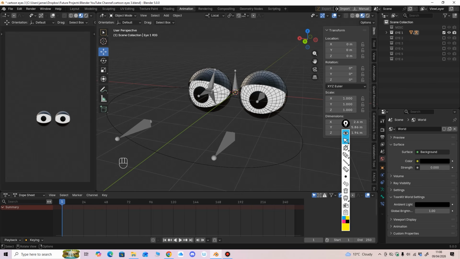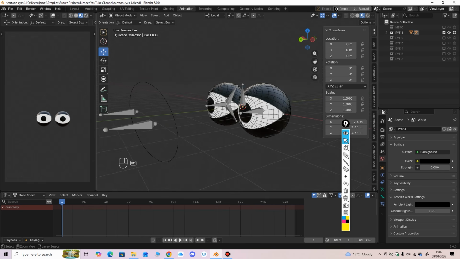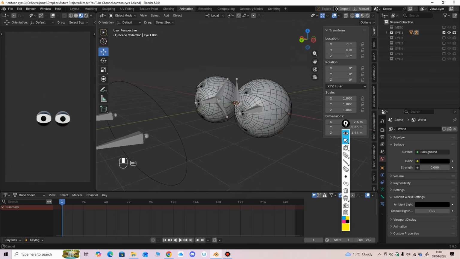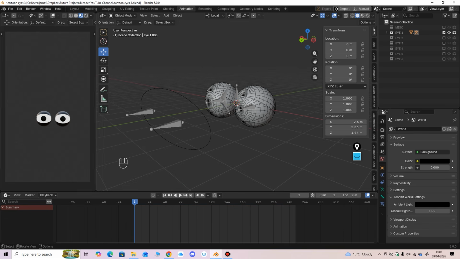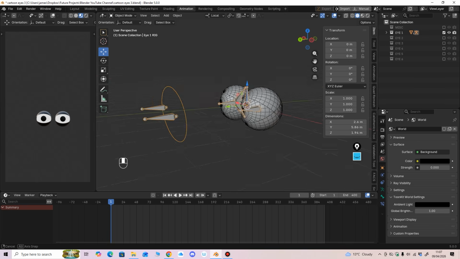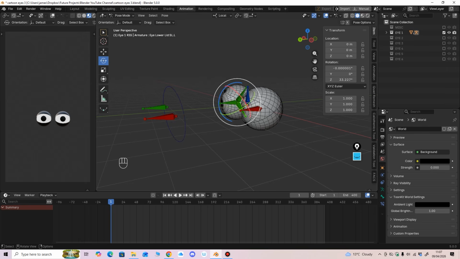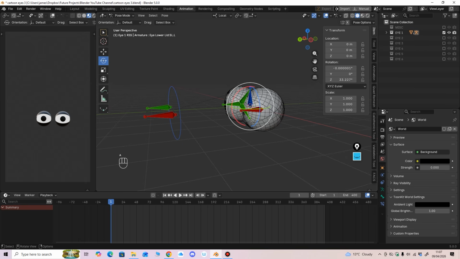We can go into just material mode to save resources. Let's think about how long this animation is going to be. We'll go for 400 frames, it's 15ish seconds, something like that. So what we want to do is go into pose mode, hit A, I, key everything,